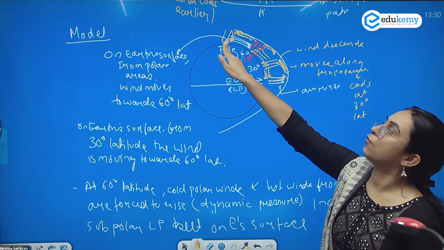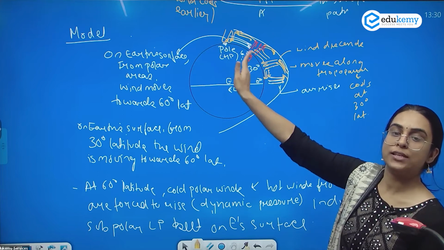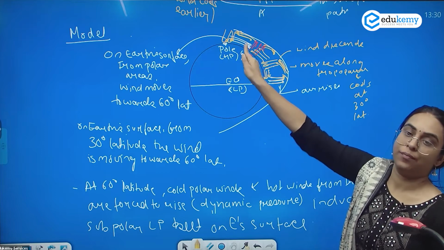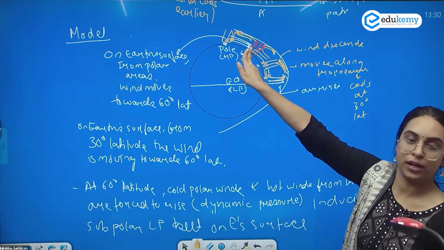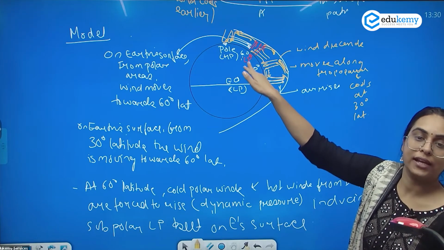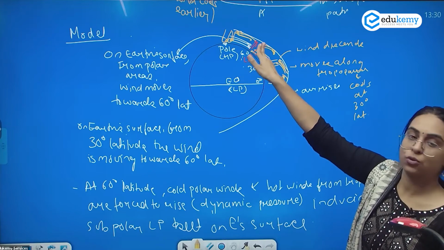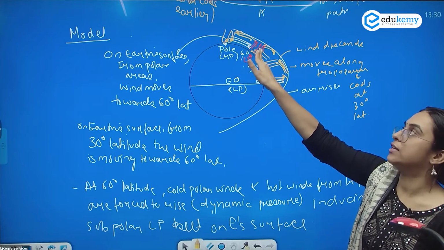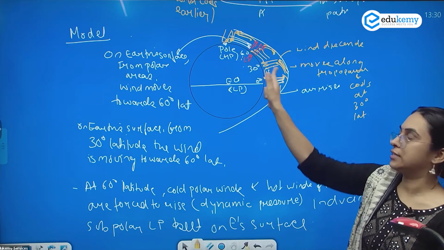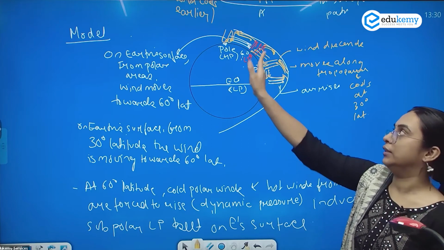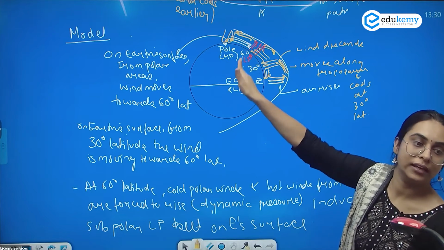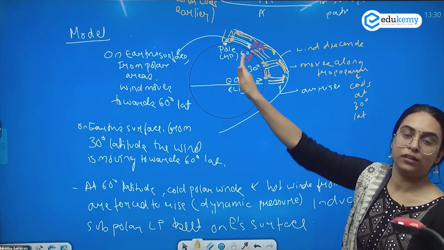And now also look at what is happening from the poles. From the poles, the cold wind is coming. At 60 degree, this cold wind and this warm wind are forced to rise. What will happen? We will see. As they are forced to rise, you will have a low pressure at 60 degree. As it is forced to rise, it reaches the tropopause. One section moves towards the polar areas, one section moves towards the tropical areas. This cell is also completed. The one that moves towards the polar areas descends at the surface at 90 degree, completing the third cell also.